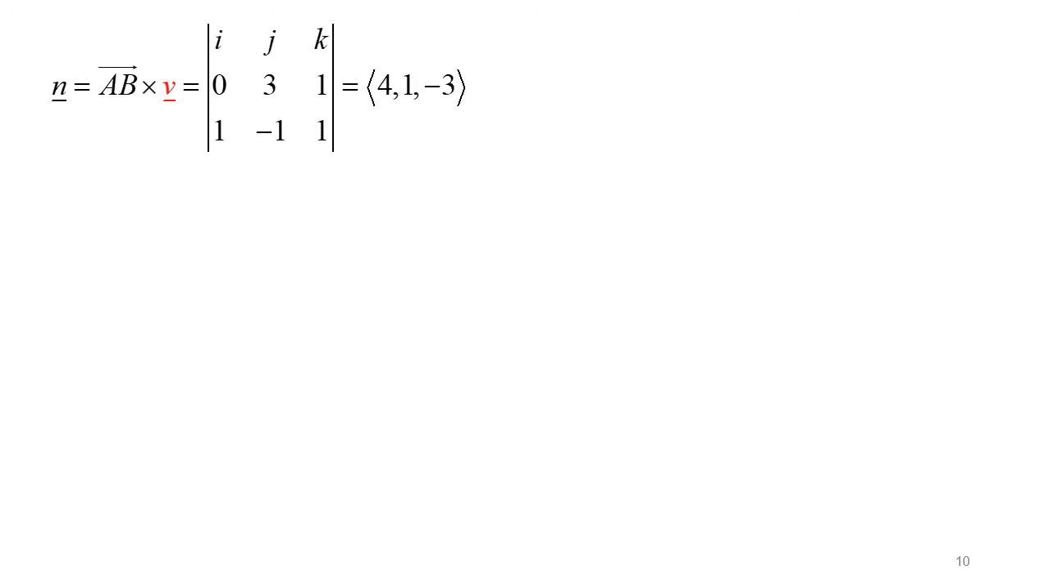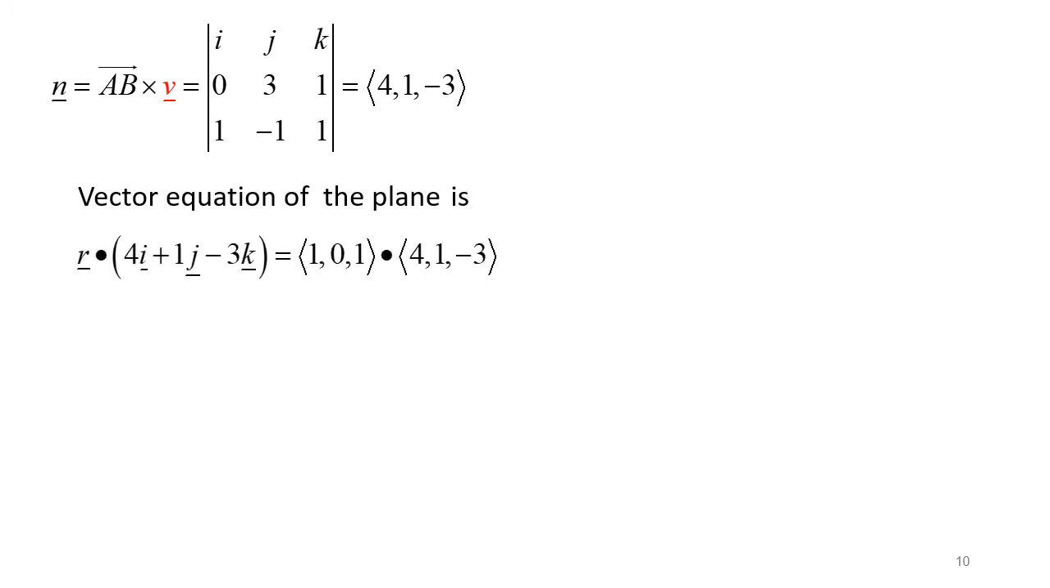So this will be our cross product between vector AB and also vector V from the line. So this is cross product, and then solve it, then we get 4, 1 and negative 3. Okay, so after we find out the N, then we can find out our equation of the plane. So remember r dot n equals to a dot n, so replace our N here in ijk, and then right hand side